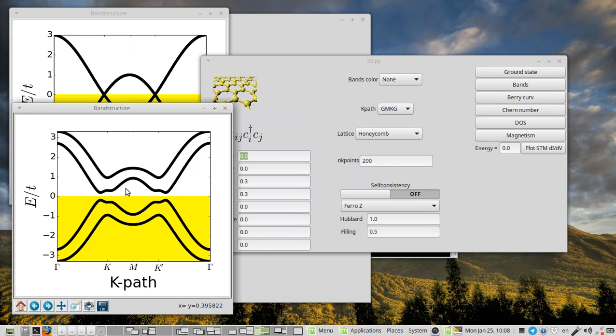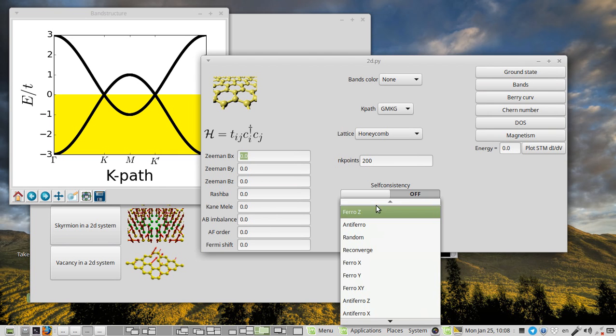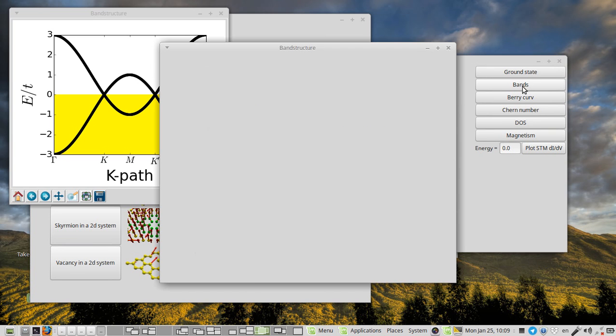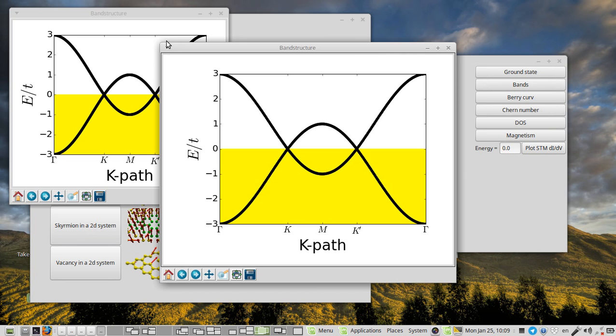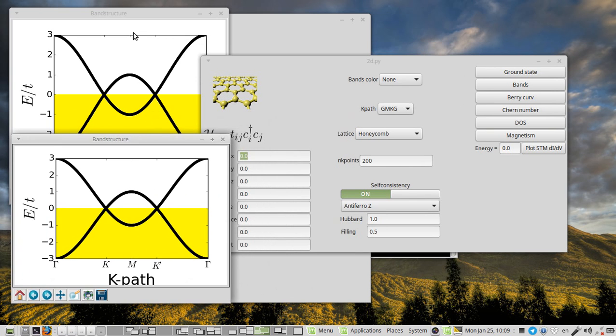So now we are going to move on to the interactions part of this window. So we will put pristine graphene again, but we are going to put electronic interactions as antiferromagnetic in the Z direction. We are going to turn on self-consistency. We are going to calculate the ground state and now the bands, and the system is gapless. So we add interactions to pristine graphene and the system is still gapless. However,